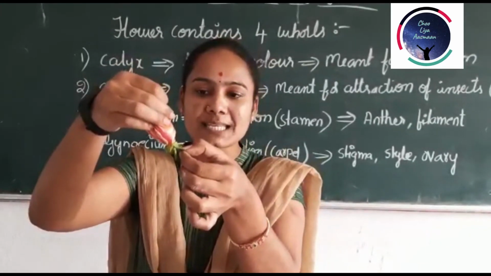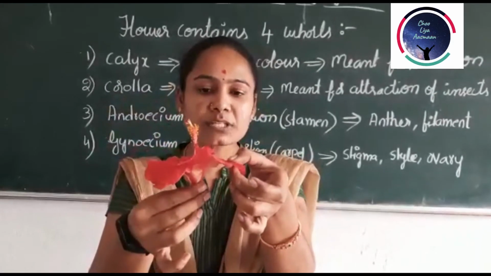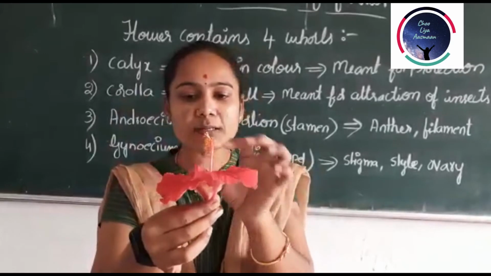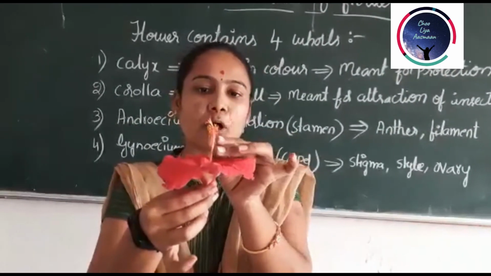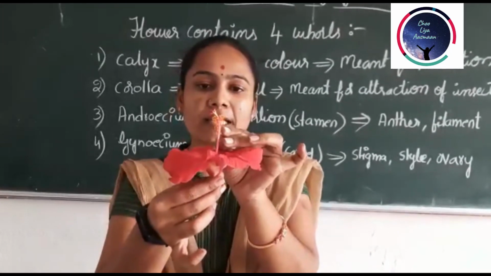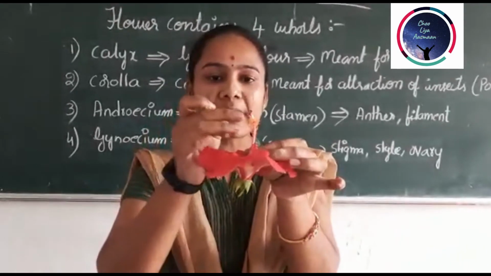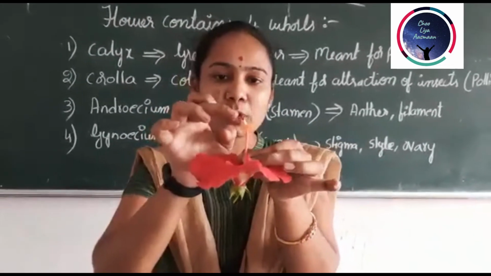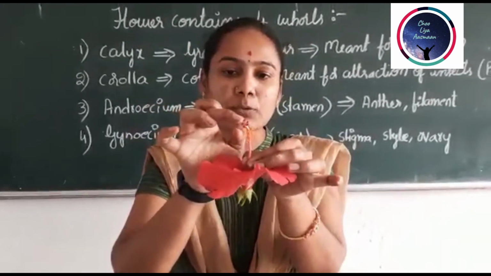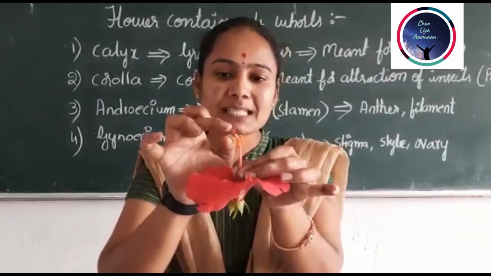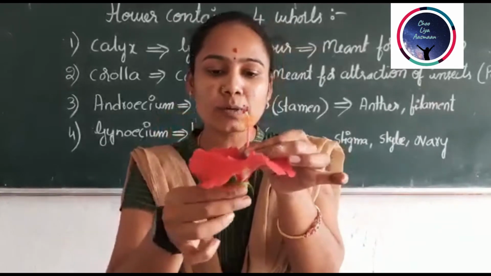This can also be called a calyx. And these are the petals which make up the corolla. This corolla includes 5 petals, and this is the androecium which contains the pollen grains, and it contains 2 parts, anther and filament. And also you can find the female portion. You can find stigma here, this dark maroon color portion appearing here. This is the stigma. Below the stigma, style is there, and style will continue towards the ovary.